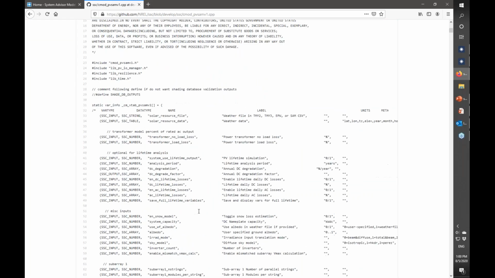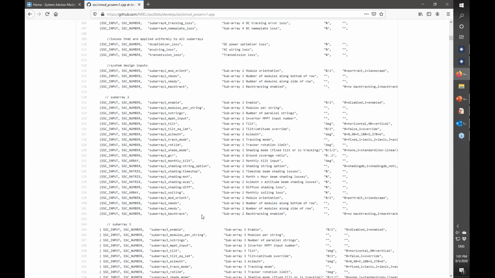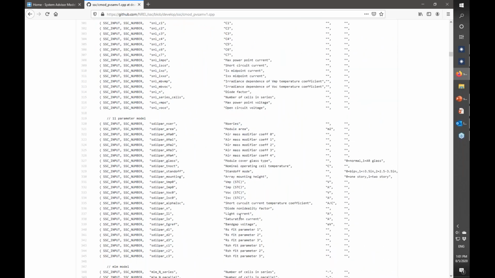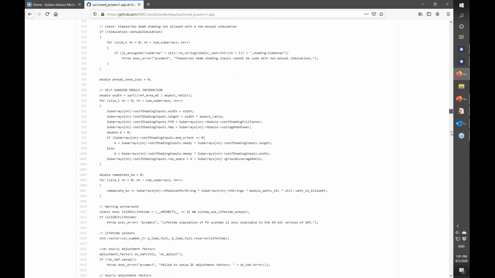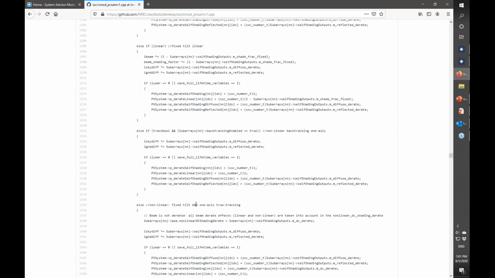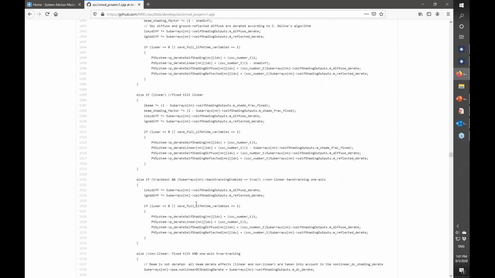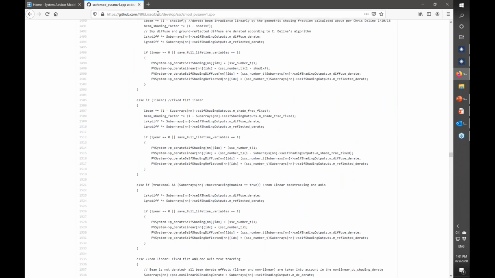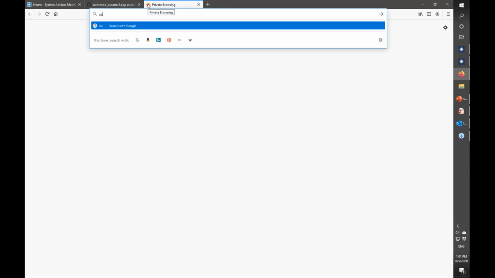You can't really navigate through the code very easily. But if you're interested in how the models are implemented, you can explore these repositories on GitHub. And we have a